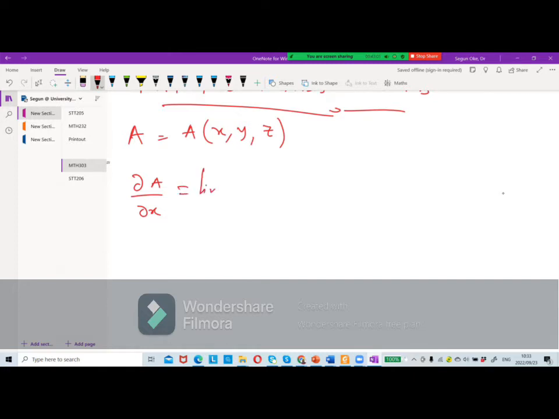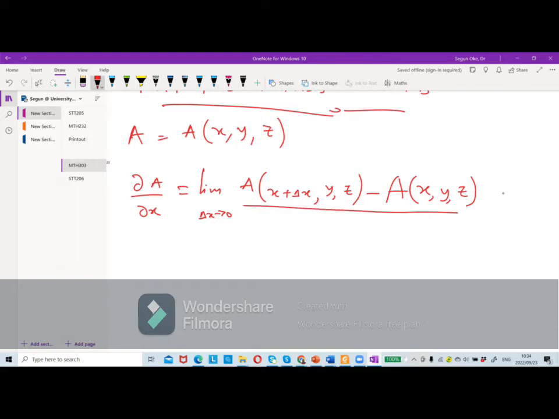It's going to be the limit as change in x tends to 0 of A of x plus change in x, y, z, minus A of x, y, z, all divided by change in x. Don't forget, if these limits exist,